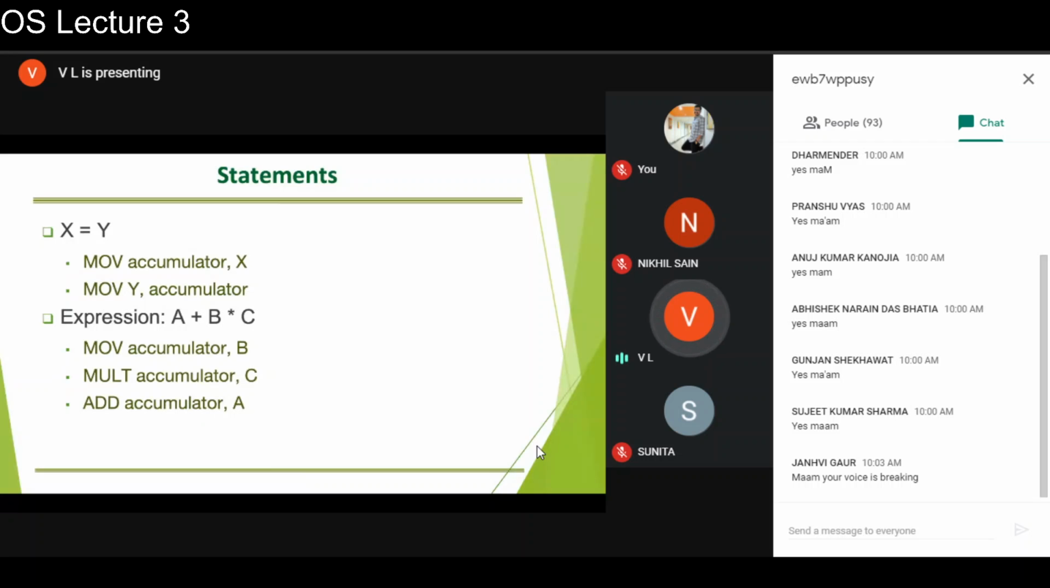So when you're talking about a simple assignment, basically the right-hand side operand has to be moved from memory to a register, and then this register has to be copied back to a different memory address which belongs to X. So basically,